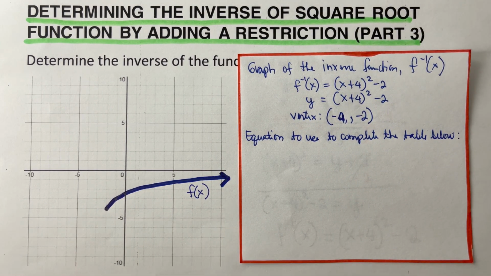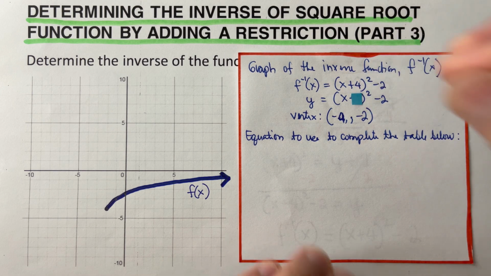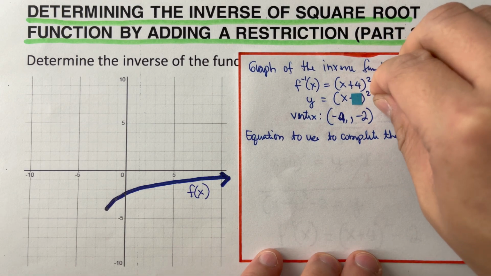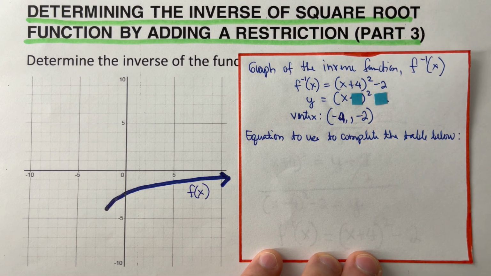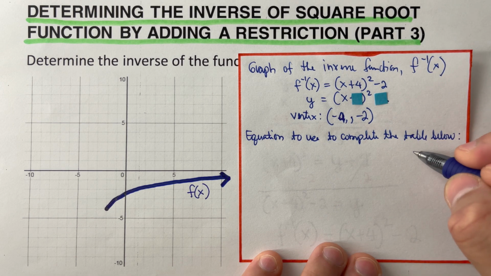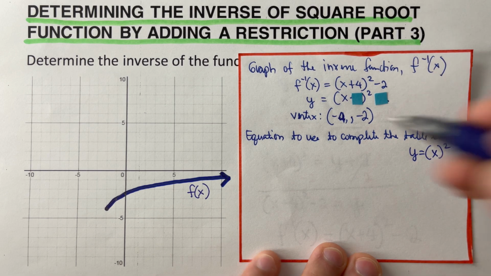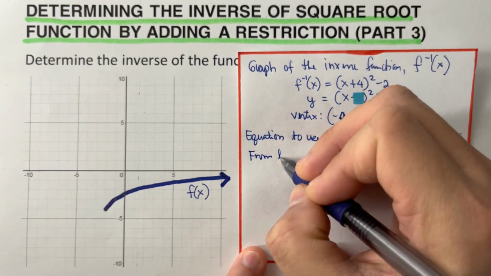Okay, again, we remember that the trick in determining the equation to complete the table is to cover the h and also cover the k, and whatever of the equation is left over, that would be the equation that we're going to use to complete the table. So that would be y is equal to x squared. So then from the vertex,